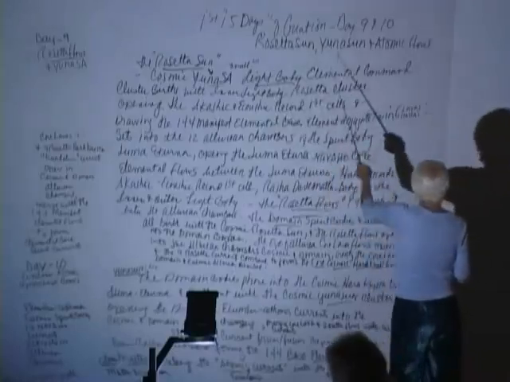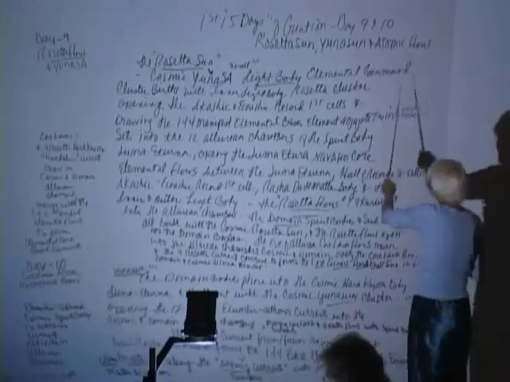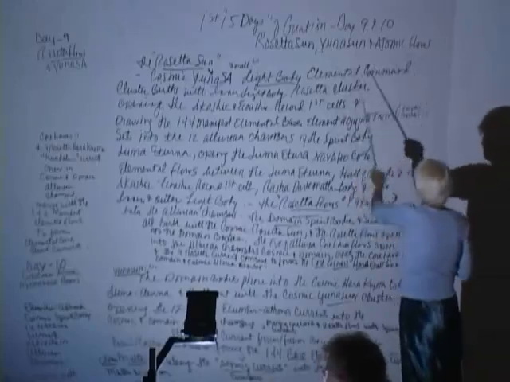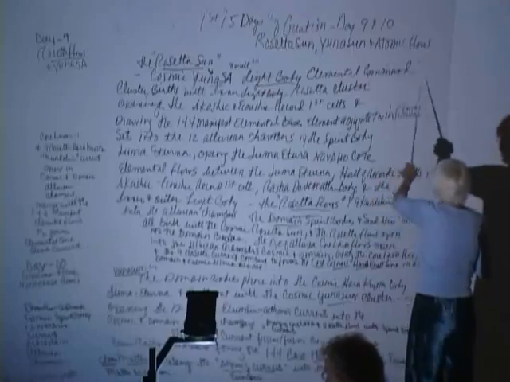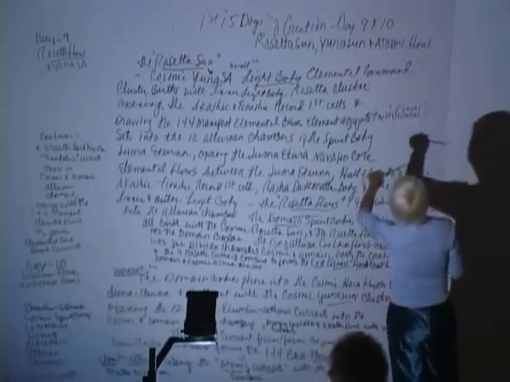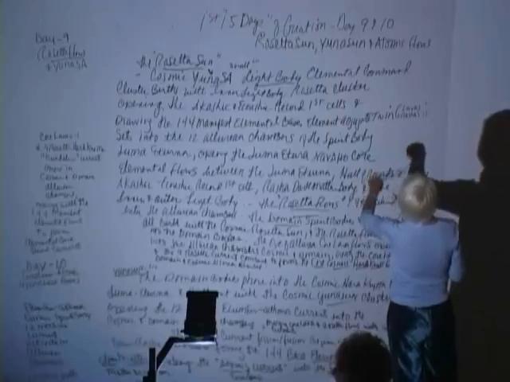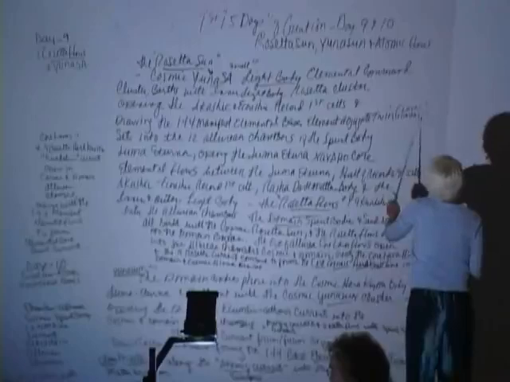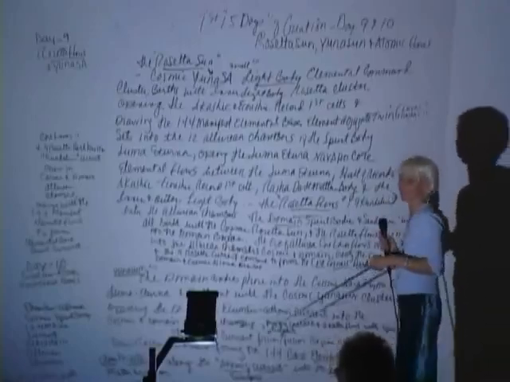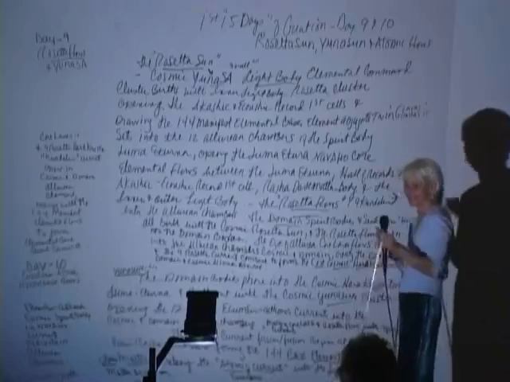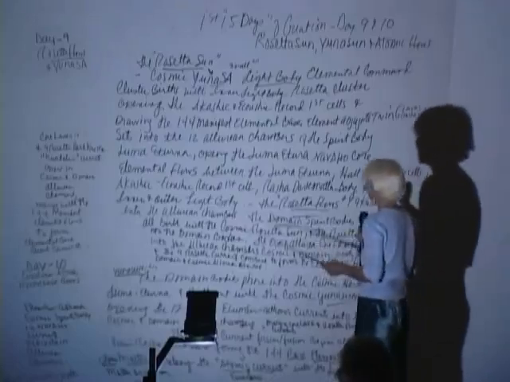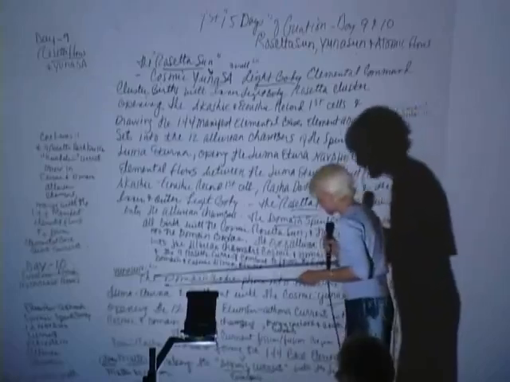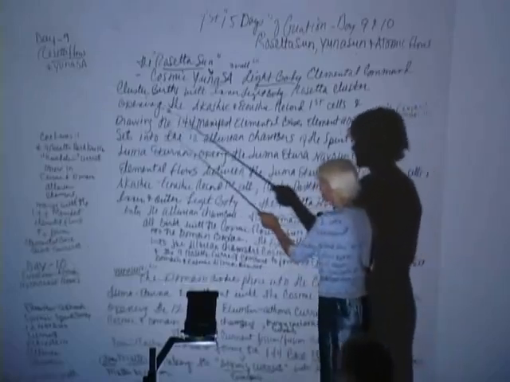First 15 days of creation, day 9 and 10. The Rosetta Sun, the Unisun, and atomic something or other. What does that say? I can't even read it. Flows, that's right. I can't read my own writing. Az is usually really good at that. Can you read it? He can translate it. Anyway, day 9, the 2 main things that happen here are the Rosetta flows and the